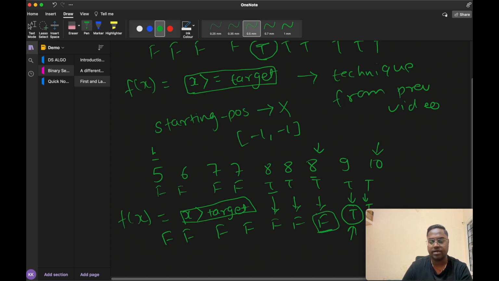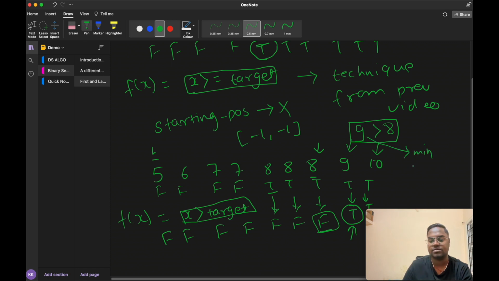And if 8 exists in the array, and with this condition we get the first true value as something greater than 8, that is 9, greater than 8. And we know that it is the minimum value,